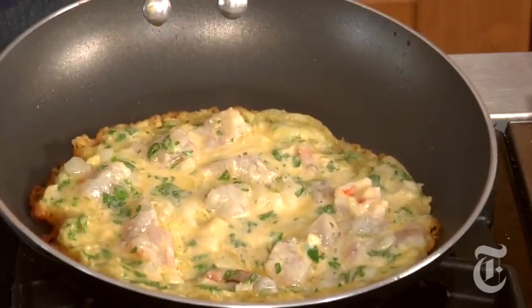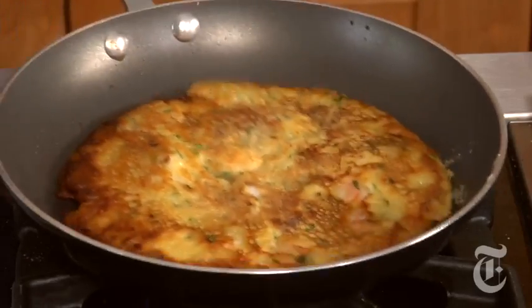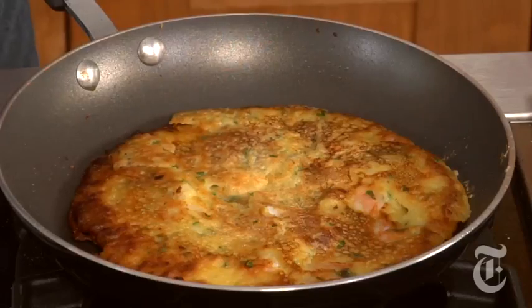Actually, you can slide this out onto a plate, flip the plates, and then slide it back in, or you can do this. That was 3 minutes on the first side. This is very nicely crisp. So now 2 or 3 minutes on that flip side, 30 seconds,